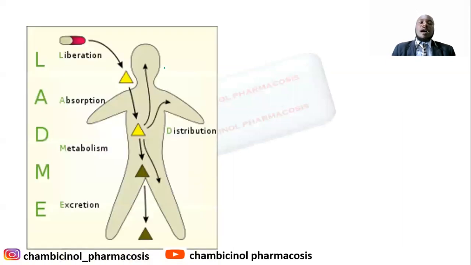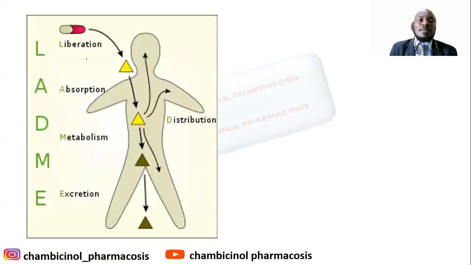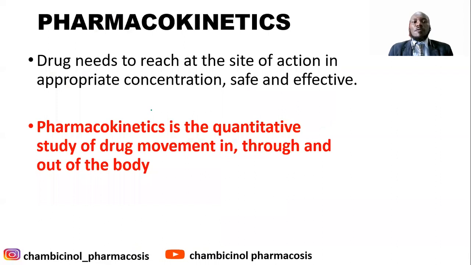So as you see, once the drug is administered, for example, a drug taken orally, first it will be absorbed, meaning from the site of administration into the systemic circulation. Then it will distribute into the various tissues, including the tissue for the site of elimination and even the site of action. Later it will undergo metabolism before excretion, because most of the drugs that you are taking are lipophilic. So first they have to undergo metabolism, then they will be excreted. Pharmacokinetics, by definition, is the quantitative study of the drug movement in, through, and out of